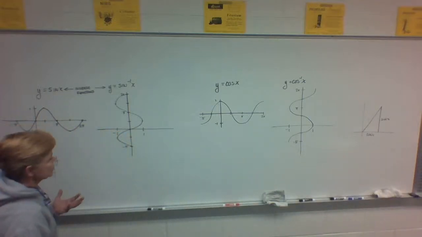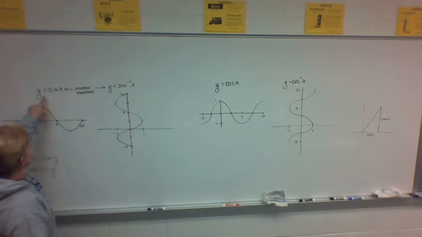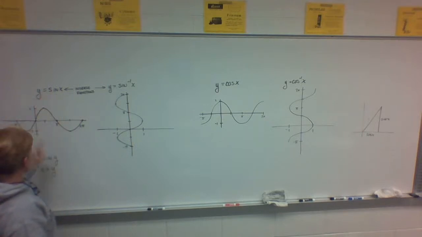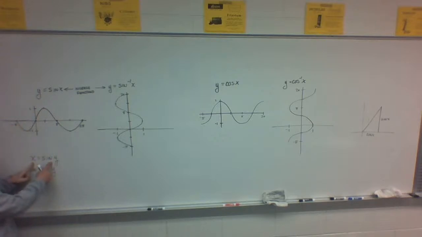As you're supposed to know about inverse functions, if you have y equals sine x, which looks like this, that's the graph of it, and you want to find the inverse, you switch x and y like I did right here. You switch x and y, and then solve the thing for y. And the only way to peel that sine off of that y so it stands alone is to inverse sine both sides, so you end up with this,